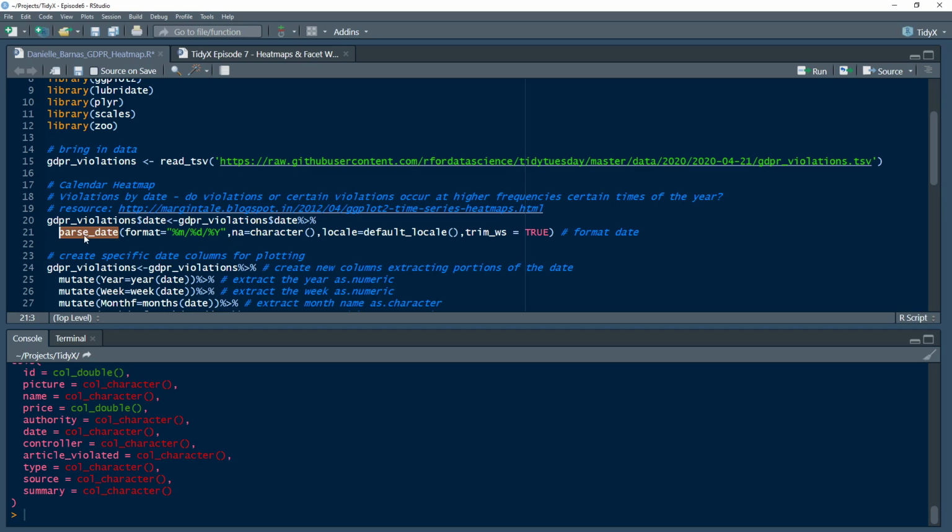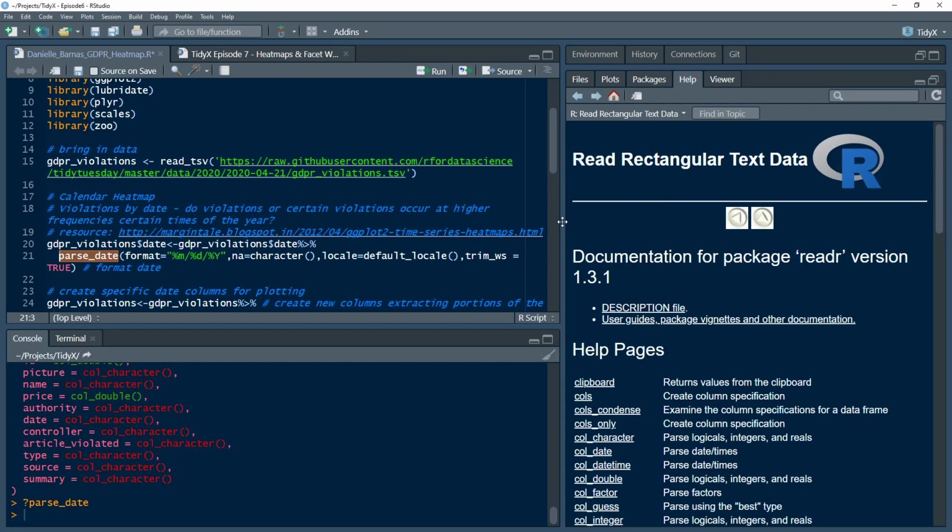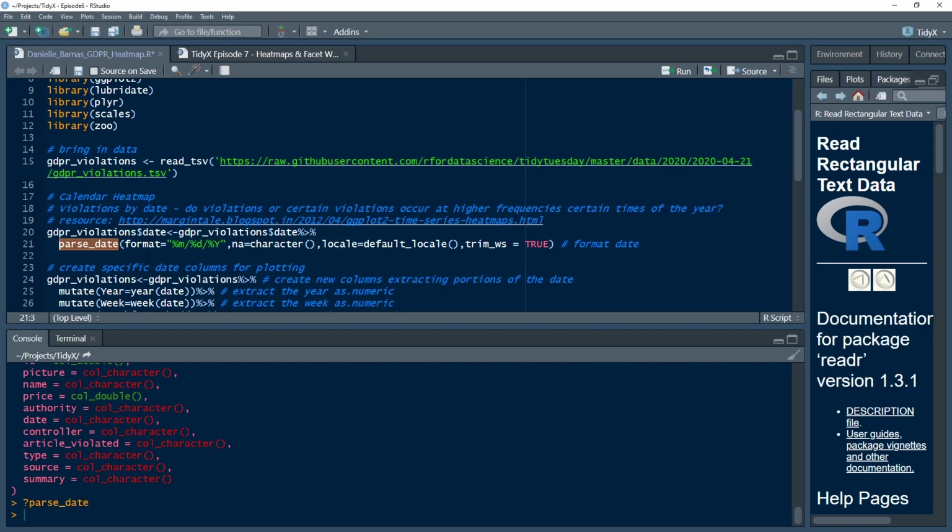So she's using this parse date function that exists, I believe, in Lubridate. Let's double check that. Oh, I guess it's not. It must be in readr. Yeah, readr is where it came from. So what she's doing is she's specifying the format. So this is the format of the